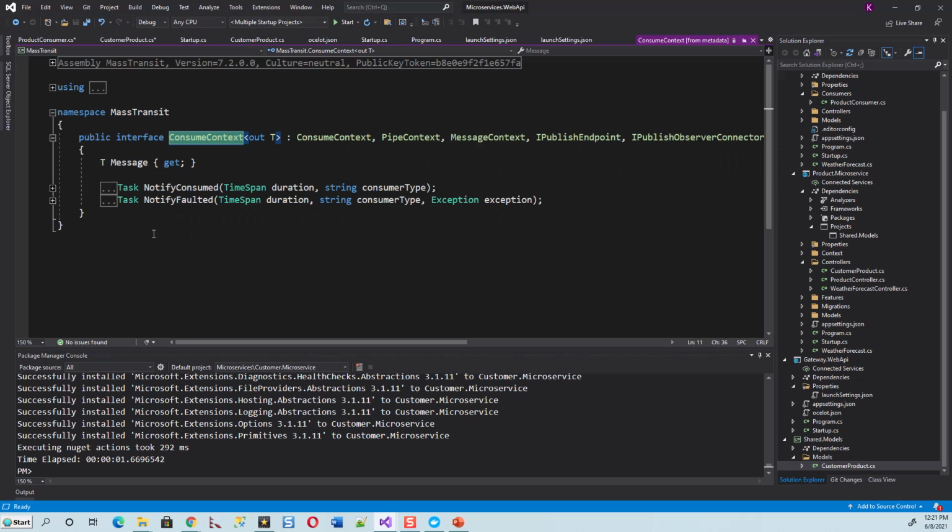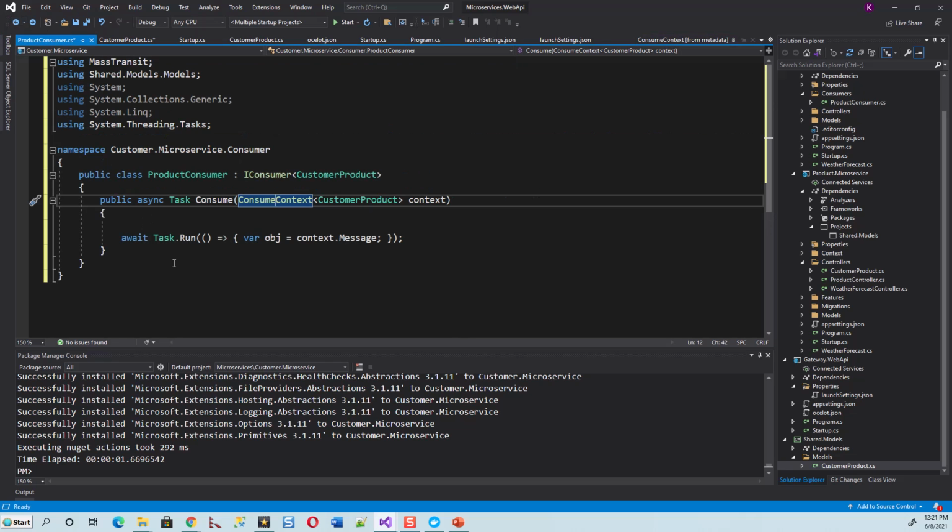If it is consumed, then it is notifying as consumed successfully, or it is notifying as faulted. So this is getting implemented, ConsumeContext. And here it is await Task.Run. It is running a task, and it is passing the